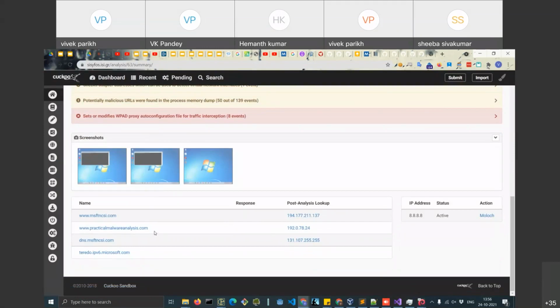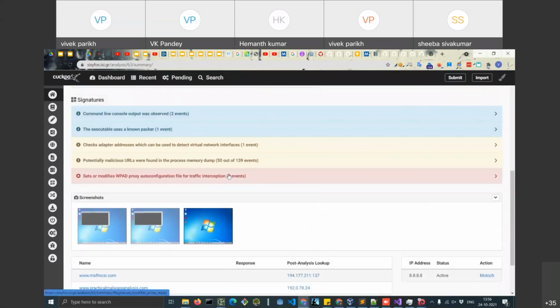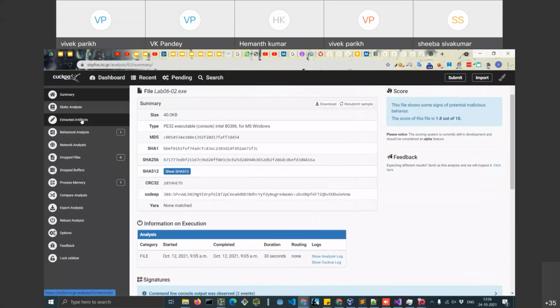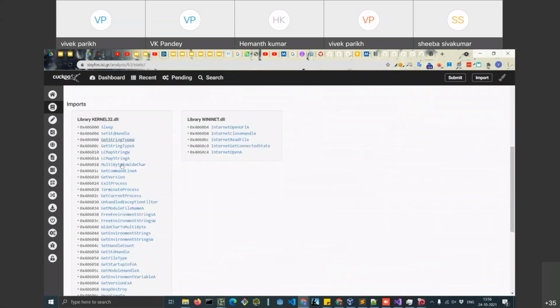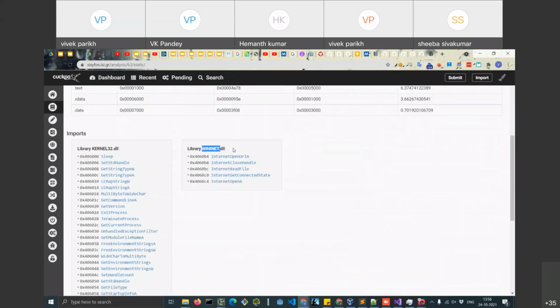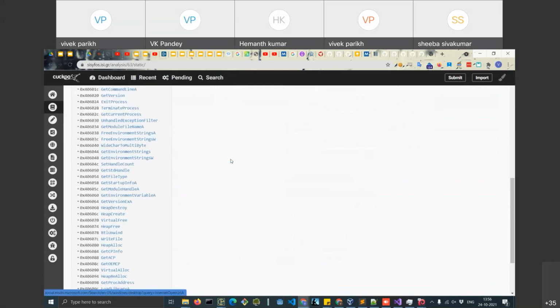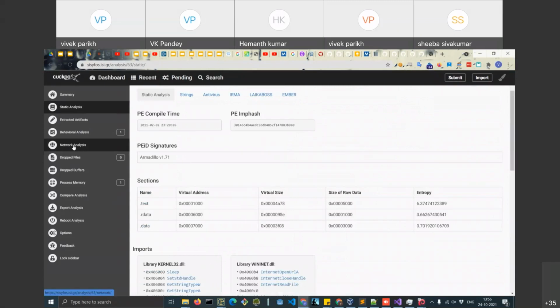So you can see that this particular URL was there in the binary and it tried to maybe open this URL. Then there is some other static analysis also. You can see what all imports the binary has, what all DLLs it is calling. In this case, it's calling kernel32.dll and wininet.dll. And then there are several analyses.